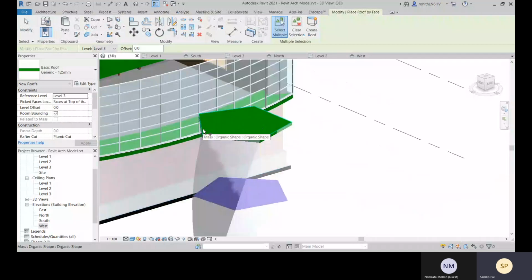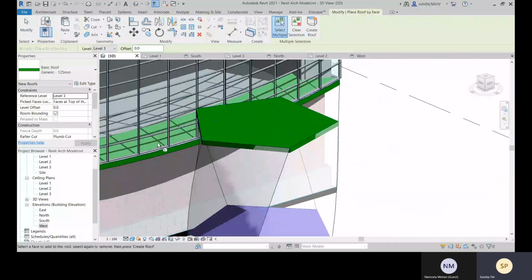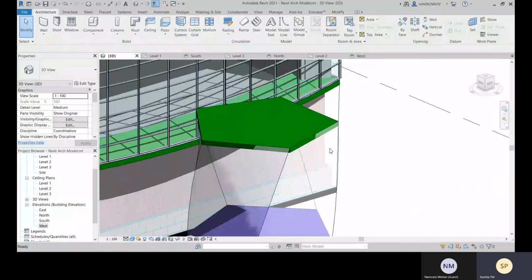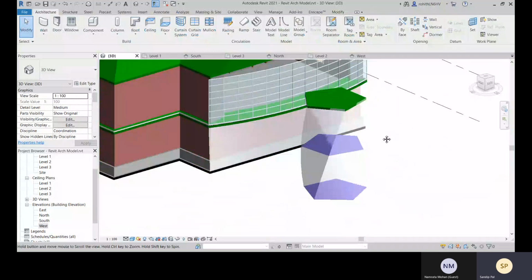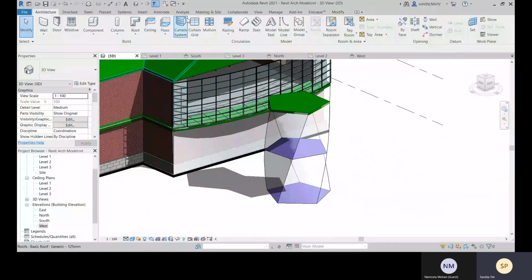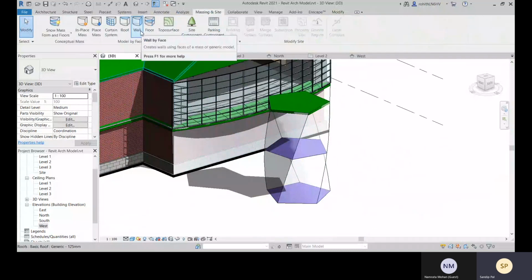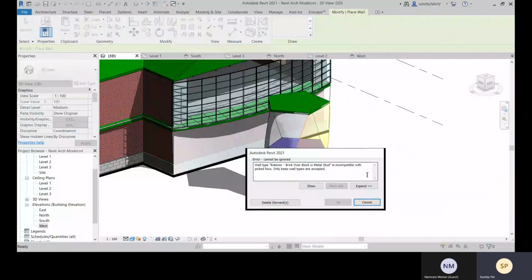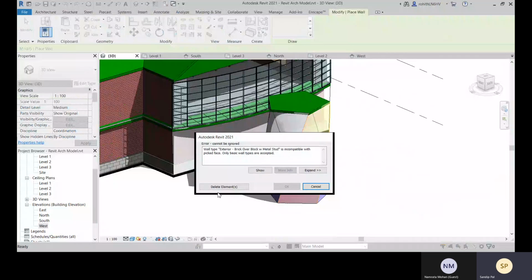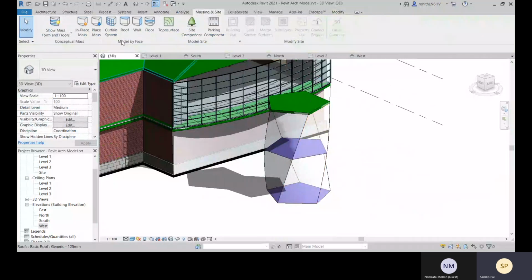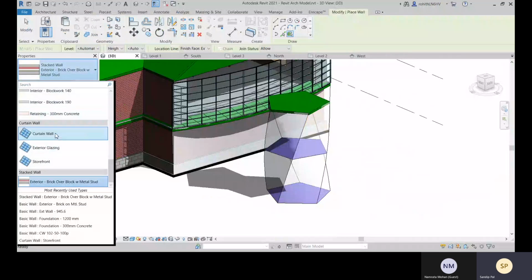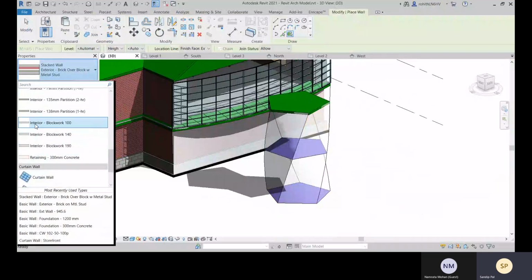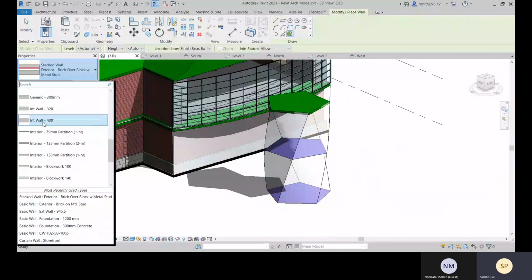So you have created according to that face shape, right? So that you can do with this roof by face. If you're creating with this, go to this massing and site. You can choose this wall. You can select this face, and because this type is not perfect, go with this wall, and let's go with this interior wall.